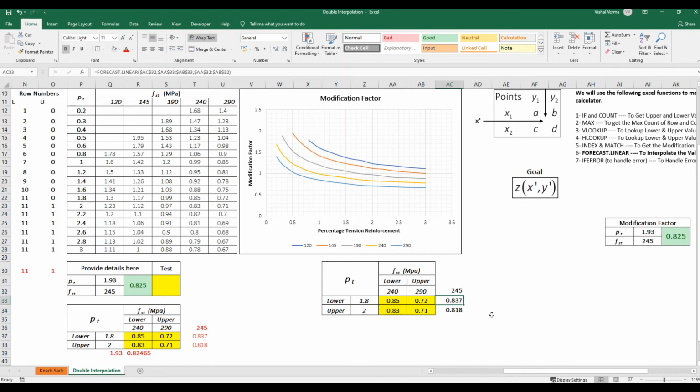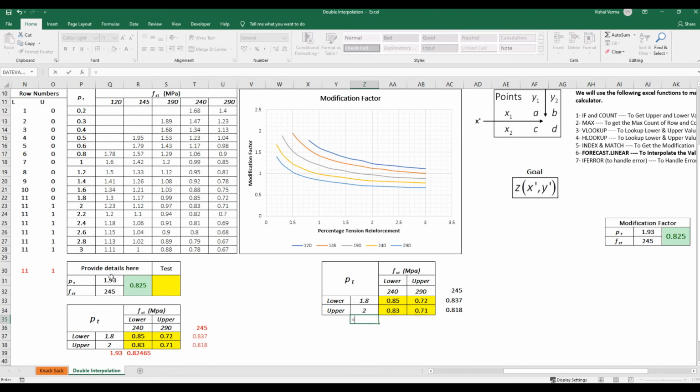So basically what we have calculated now is at 245 FST value, for 1.8 PT we have 0.837 as modification factor, and for PT equal to 2 and FST equal to 245 we have 0.818 modification factor. So right now we don't need this data anymore. We just need to use this and these values to calculate for 1.93 PT.